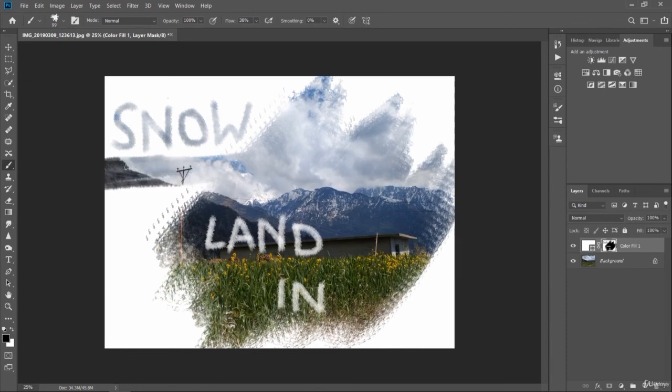Just take a photo and create a mask with a different color. Here I'm using the white color. You can take a mask of any color, just start painting over it and try to reveal your background subjects. You can also combine different